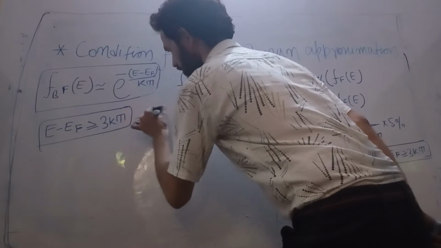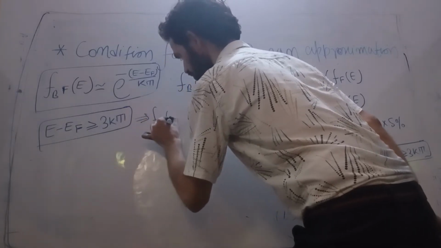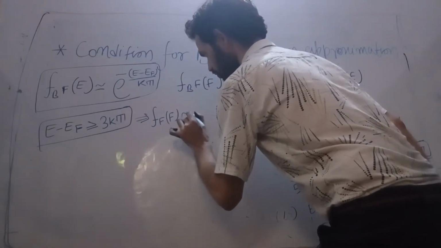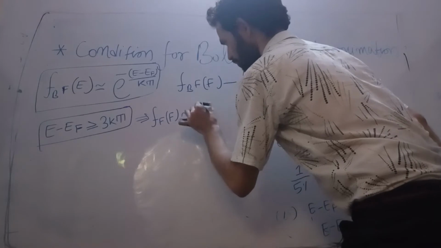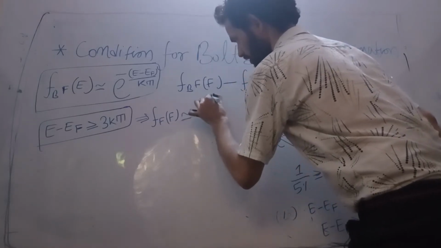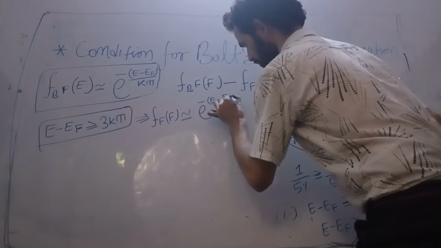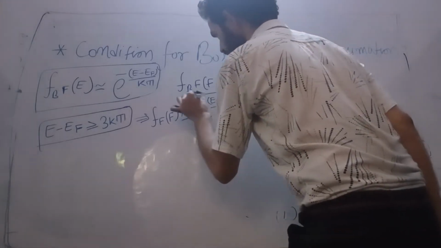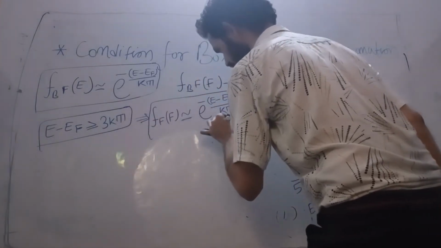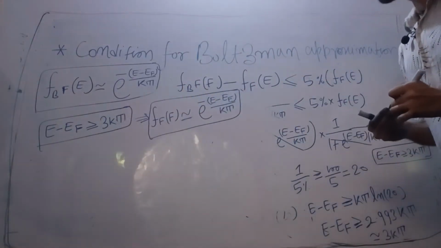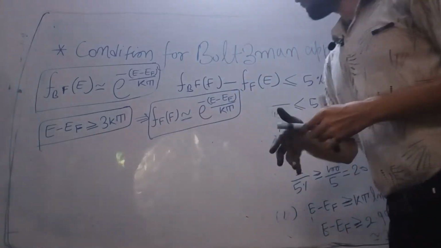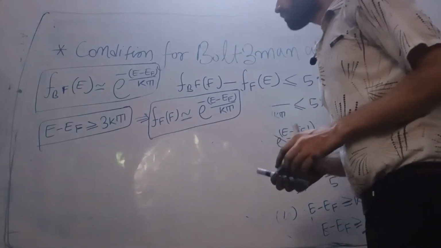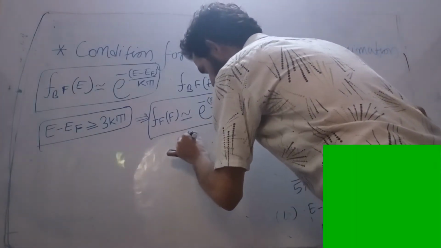This implies that the Fermi-Dirac distribution function is approximately equal to the Boltzmann approximation, e to the power minus (E minus EF) by kT. Remember, this is possible only in this condition. Note it please. This is possible only when we have this condition, which implies that